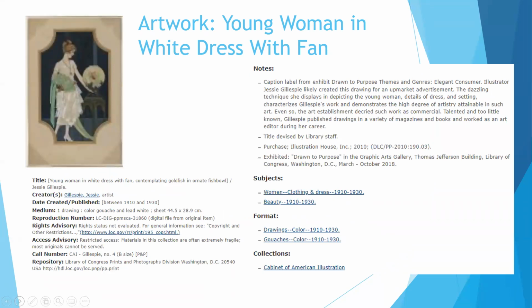So this is an item, artwork, young woman in white dress with fan. Yes, that's the title of the artwork. And this item is owned by the Library of Congress, and it can be found in their digital collections. This one has 13 DC elements. So it's got title, creator, date created, published, medium, reproduction number, rights advisory, access advisory, call number, repository, notes, subject